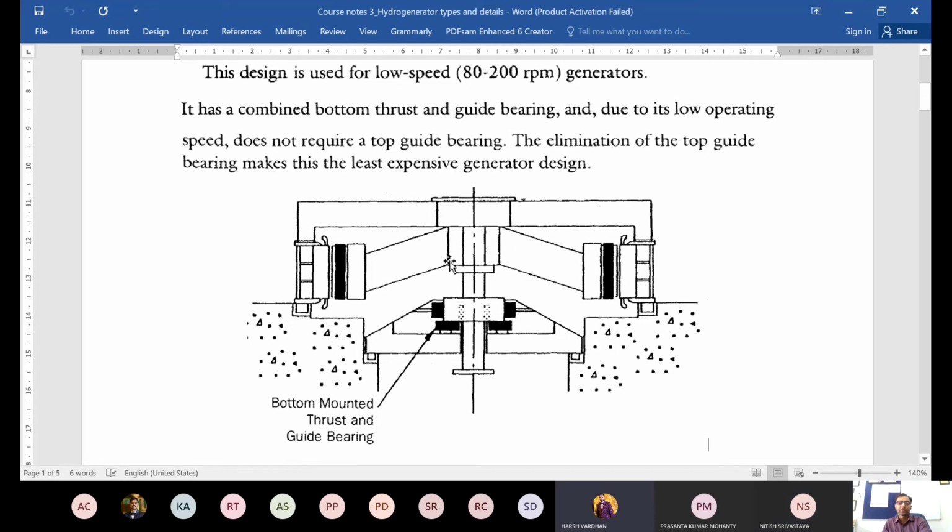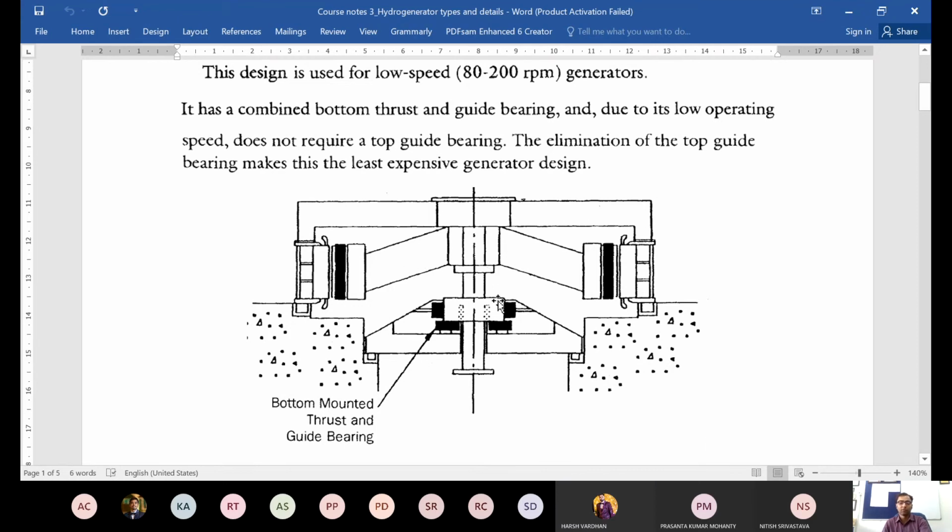Right, but this is fixed. This is not moving. These arms are fixed at this angle. They are not flexible. They are rigid. Only the shaft is moving. There is only this rotational motion of the shaft in the horizontal plane. So these arms are completely fixed.